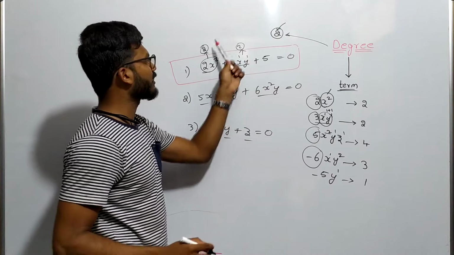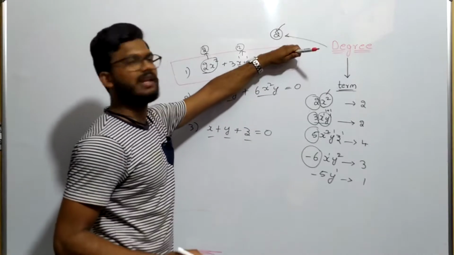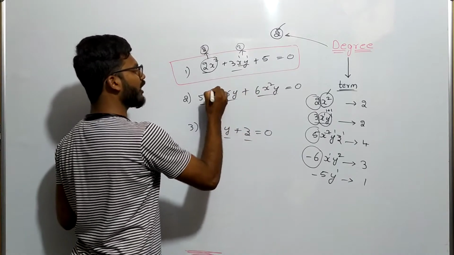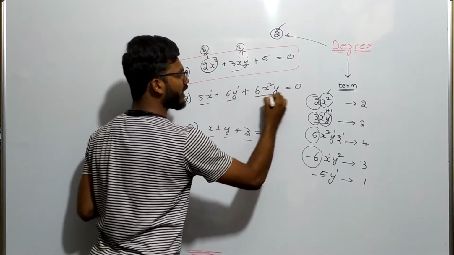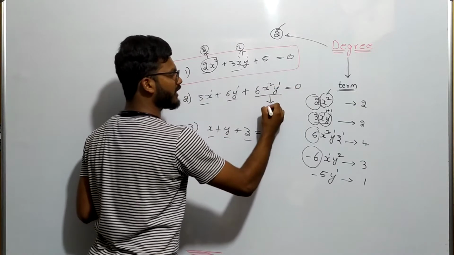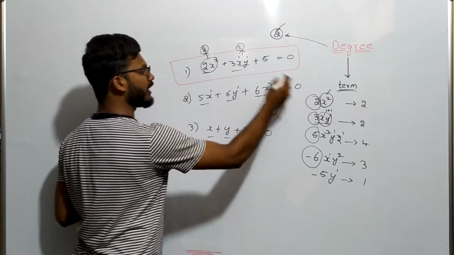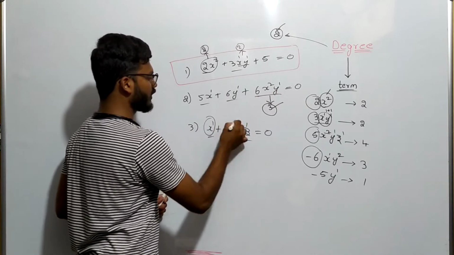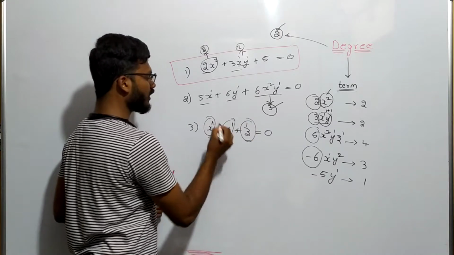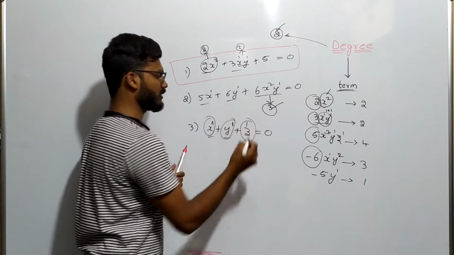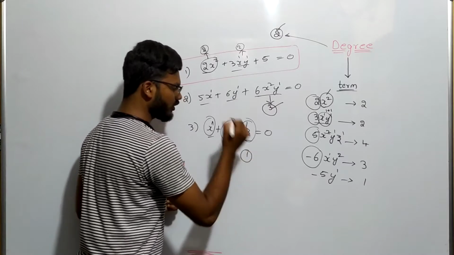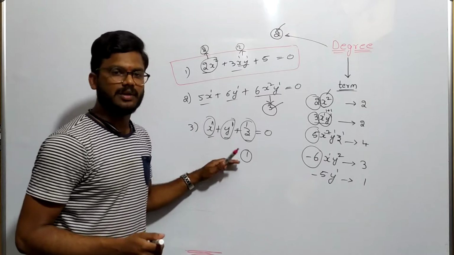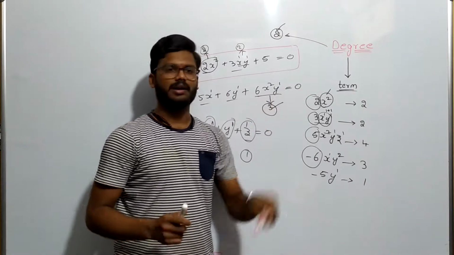If it is equal to 0, we have an equation, and if nothing is equal to it, we can conclude it as an expression. Now see, here we have 1. Here we have 1. The degree of this term is 2 plus 1, it is 3. So the highest degree is 3. So degree of this equation is 3. In the same way, here we have first term, second term, and third term. First term we have 1, second term also 1, third term also 1. So the degree is also equal to 1. The highest degree of the terms of the equation, we call it the degree.